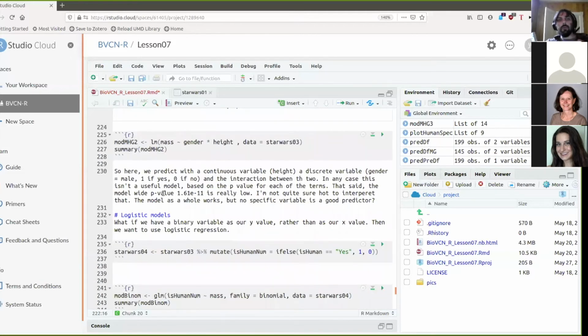Anyhow, in a logistic model, we essentially just flip it around. So now what we're trying to do is, instead of predict the mass from, say, whether somebody is human, we can try to predict whether somebody is human from their mass. And that actually might be more meaningful, right? Because